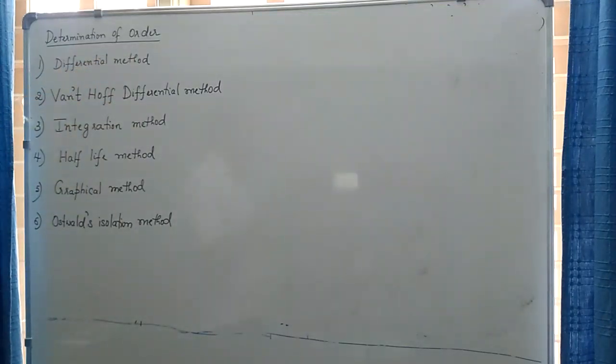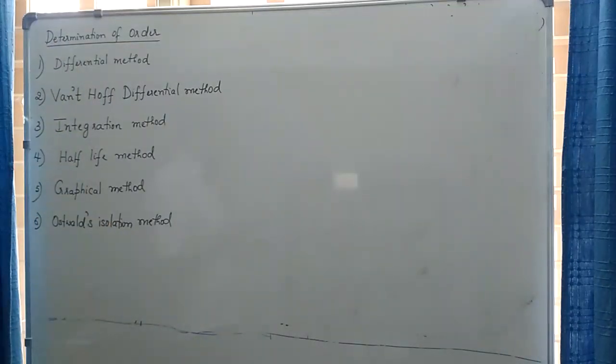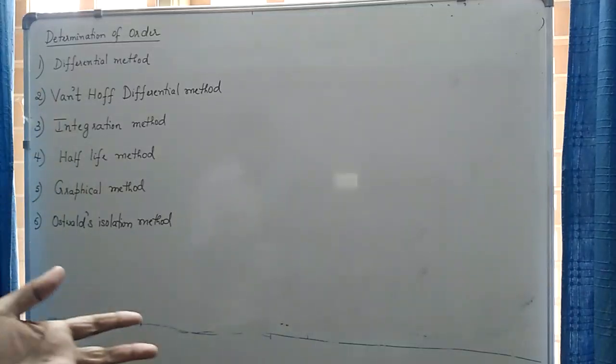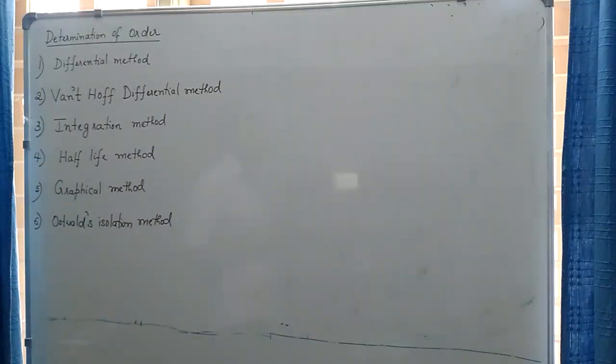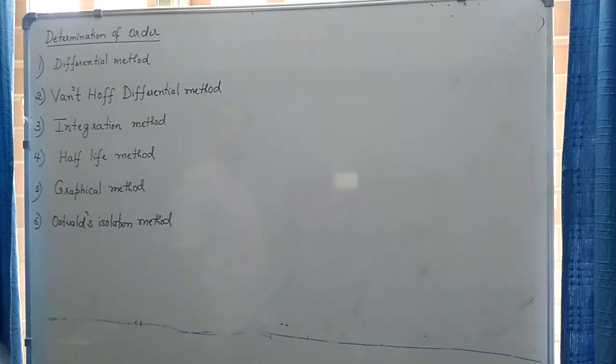So while we are applying this method to a particular reaction, by taking into consideration both the nature of the reaction as well as the advantages and disadvantages of these methods, we have to select the best method, okay, for a particular chemical reaction. Now let us discuss these methods one by one, understand the principle and procedure, and also at the end understand what are the limitations as well as advantages of each method. So there are 6 methods.